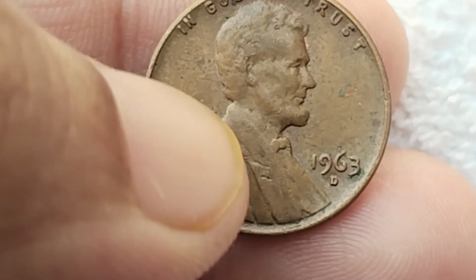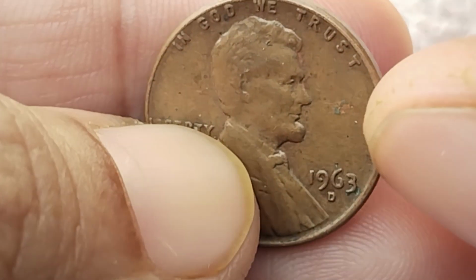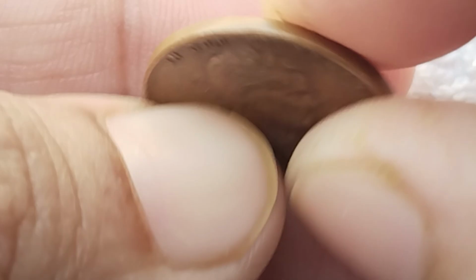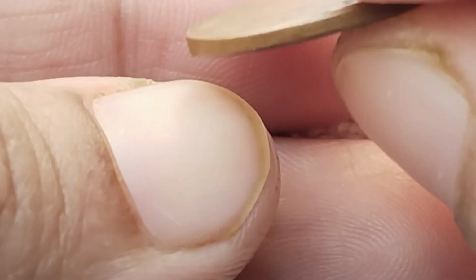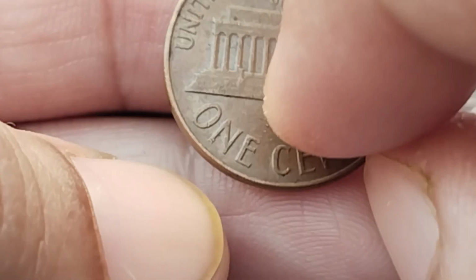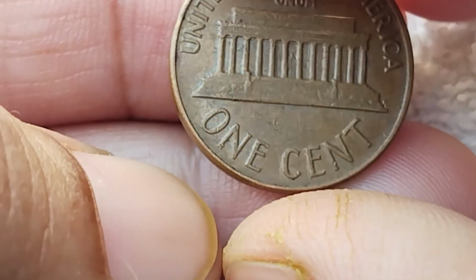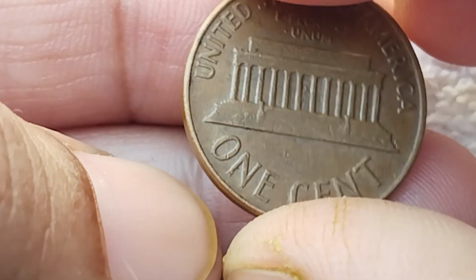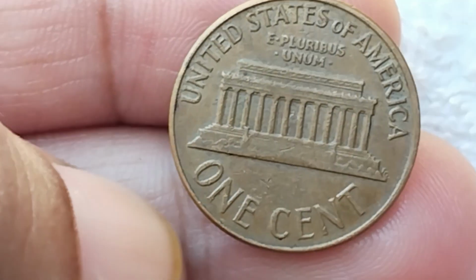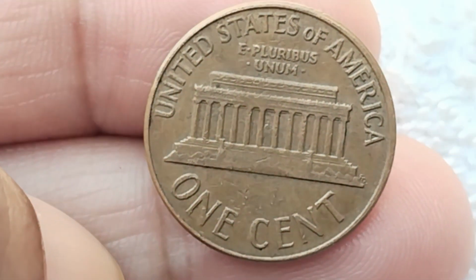Pay attention to the mint mark on your penny. Coins minted in Philadelphia, Denver, or San Francisco might have different values based on their mint mark. Some varieties, particularly from the Denver Mint, are known to have lower mintages, which can make them more valuable. If you think you have a valuable 1963 penny, consider getting it professionally graded by a coin grading service like PCGS or NGC. A certified grade will authenticate the coin's condition and give potential buyers more confidence, which can increase